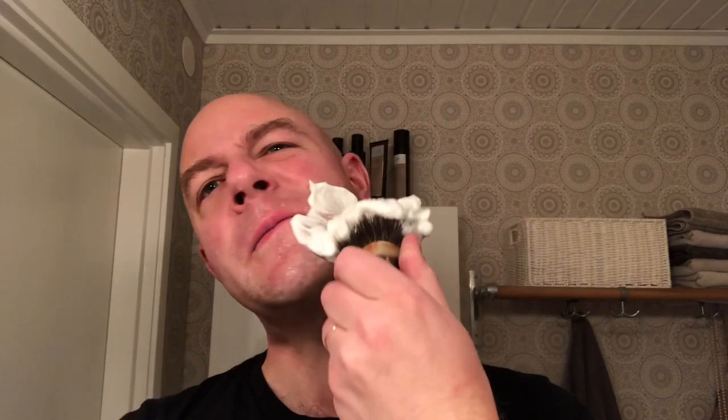This soap creates a frothy, is that a word? Frothy foam right from the get-go. But it's not lather, it's just foam, so you have to keep going for a while until you've got enough. So the brush is quite wet. Oops. Actually, that might do it. Brush is